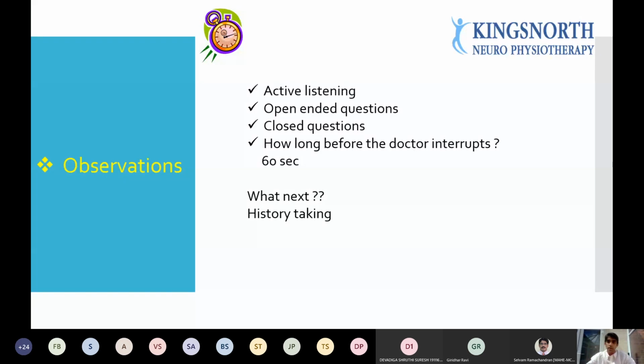So, as I said earlier, we have used active listening techniques, open-ended questions, and closed questions. For example, when he mentioned dizziness, he said he was suffering, but he did not tell me since when. When he said it was from the start of the diabetes, it may be the start of diabetes, but already my mind is telling me it may not be the cause,